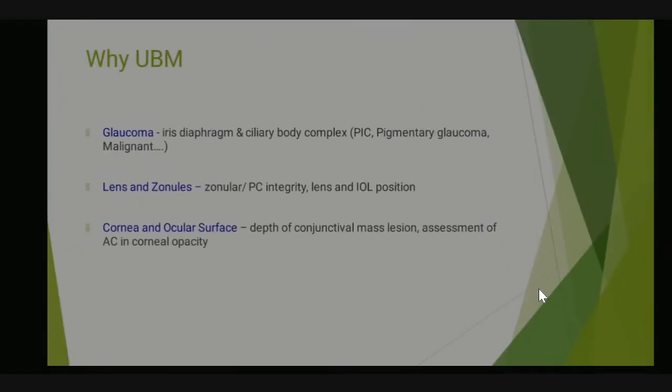As Madhu said, for lens and zonules, whenever the patient has any trauma, or for looking at the IOL position, in that case we will do the UBM. And in some cases where the patient has a syndrome like Marfan syndrome, where the lens itself will have some kind of dislocation, in those conditions they will mostly advise UBM. When the patient has trauma, UBM is performed at every clock hour, so they will look for zonular weakness in a particular clock hour. Then they will go for surgery either to fix the IOL in the PC bag,